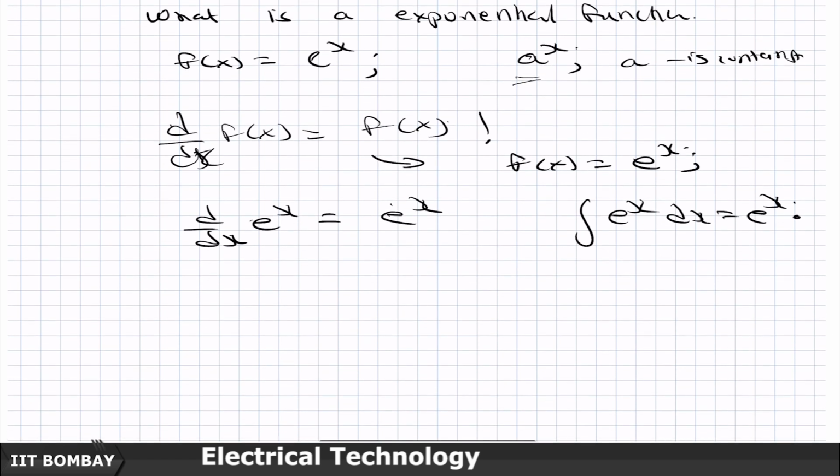So, the exponential function has a very fundamental property out of which it has come, which is that its derivative is itself. When you take the derivative of an exponential function, the same function reappears without undergoing any change,